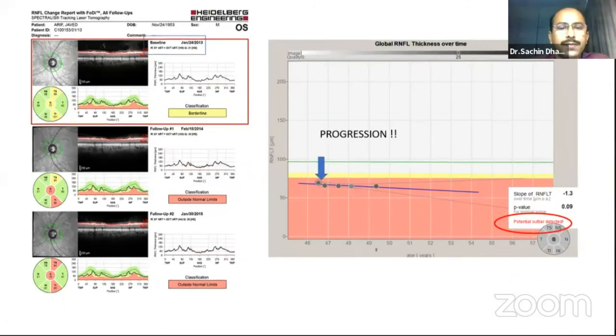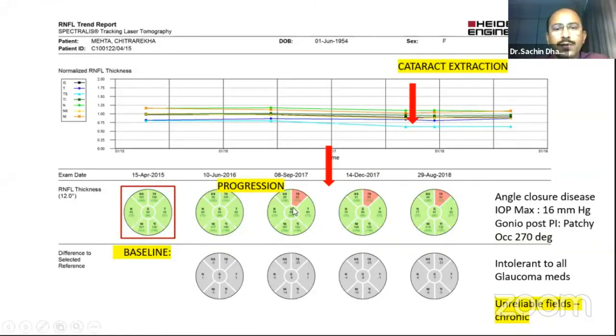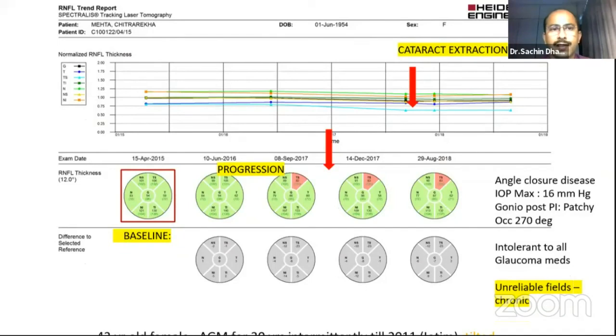As far as the sectoral maps are concerned, you can delineate each sector also over a period of time. And as you can make out here, the temporal superior sector is progressively thinning over time, and the map can easily denote the stability and the progression on the sectoral progression maps. So this is very, very important, but always remember that these maps are less important than the kind of image that you obtain in the first place. So make sure that every image you obtain follows the standard criteria that I outlined in the first slide.